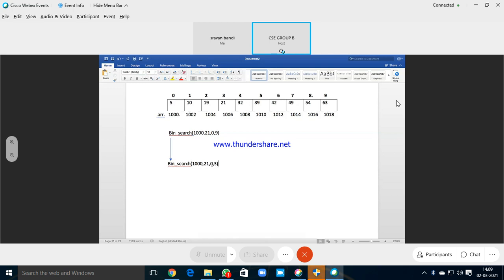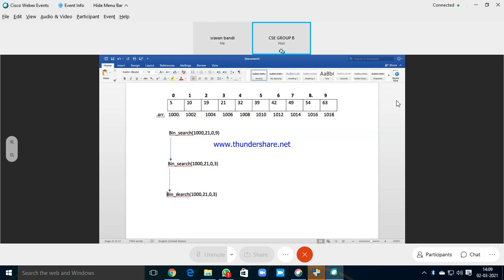Okay, so in the next call, what will we do? Again, we perform a binary search. Again, this is recursive, right?